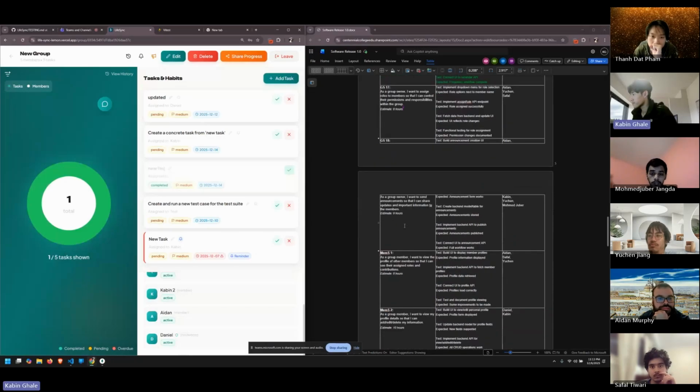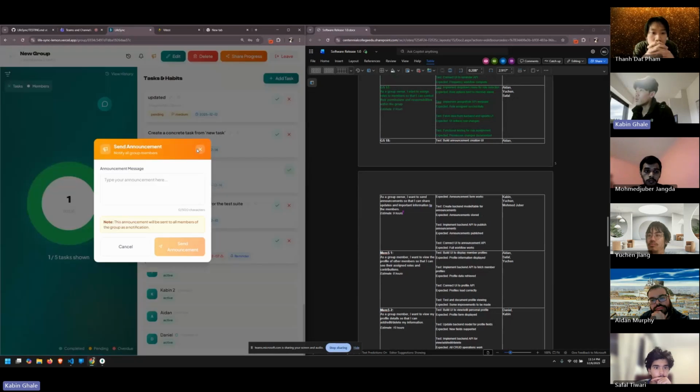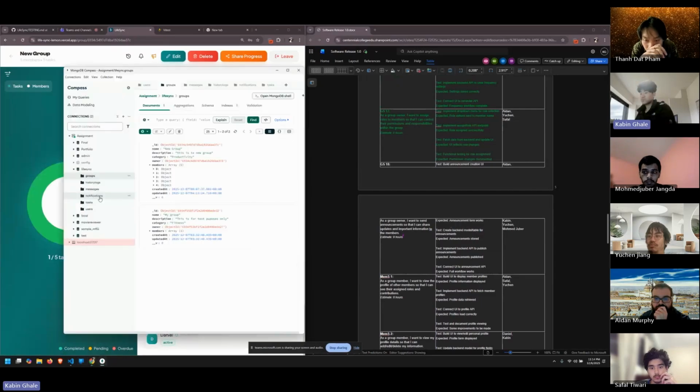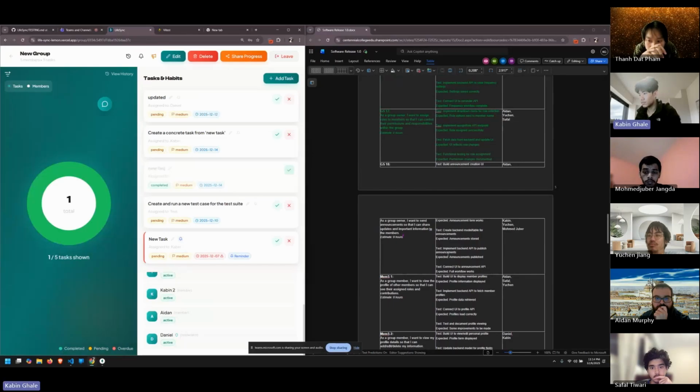Next up, we have GS18. As a group member, I want to send announcements so I can share updates and important information to the members. First one is build announcement creation UI. We have here announcement UI. The second test is create backend model for announcements. For announcement, we are using the same notification database, and implement backend API to publish announcement,